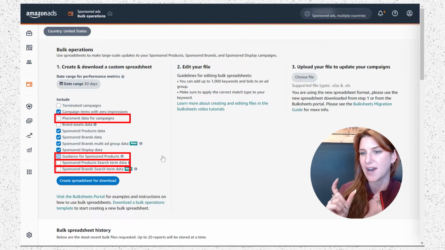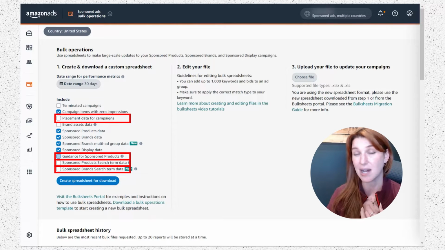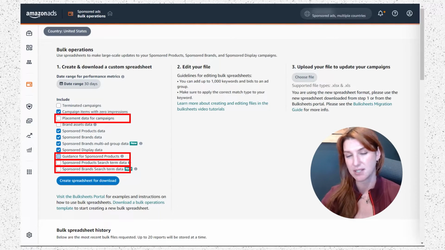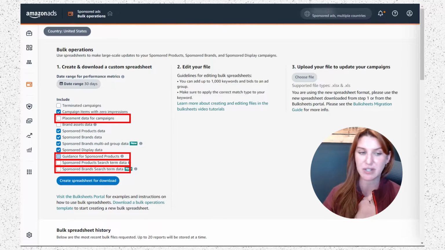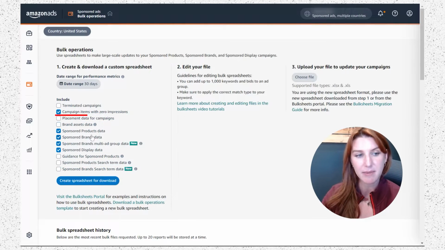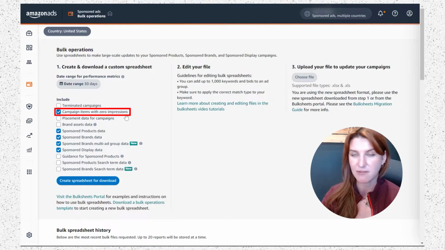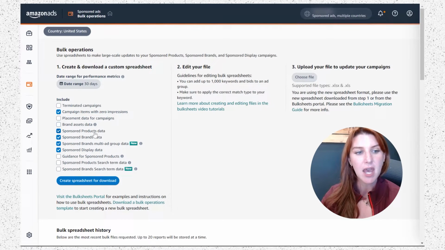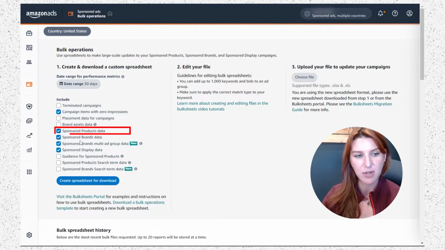This just makes the file a lot smaller, which can be helpful, one, in just how long it takes to generate the file, because Amazon has to pull all that information and put it into a spreadsheet for you. And then also when you open it up on your computer, it's going to process a little bit easier because you're not going to have as much data. So the things that I would recommend is, again, you want to check this so you have those items contained in the file. And then you probably want to be looking at your sponsored product ads, sponsored brand ads, if they have